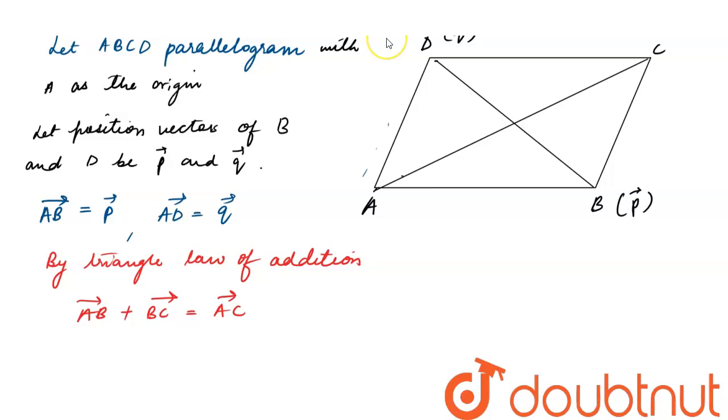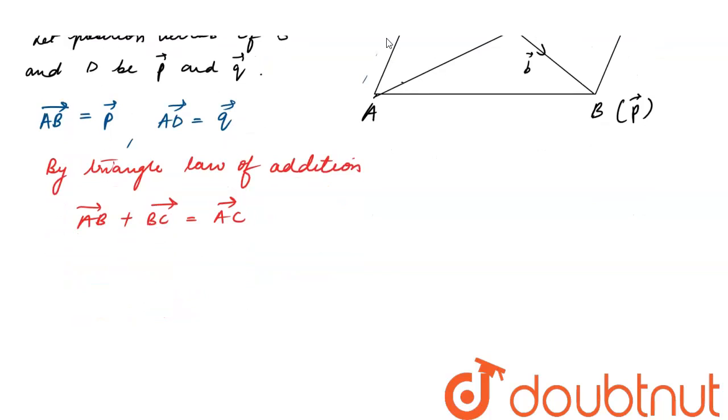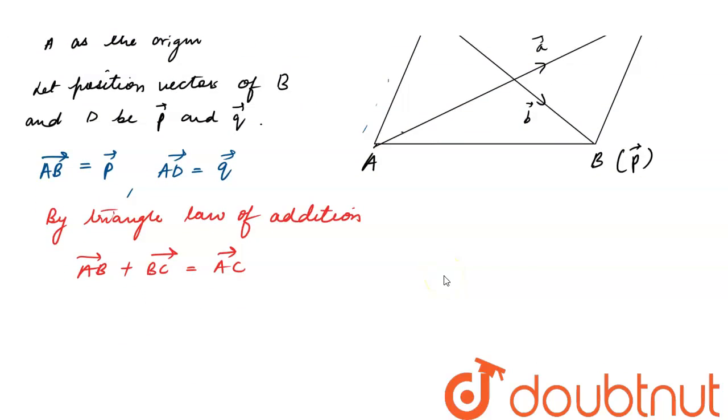Okay, so in this parallelogram we'll let AC be represented by vector A and DB be represented by vector B. So moving forward, by this we can see that P, which is AB vector, plus BC will be equal to